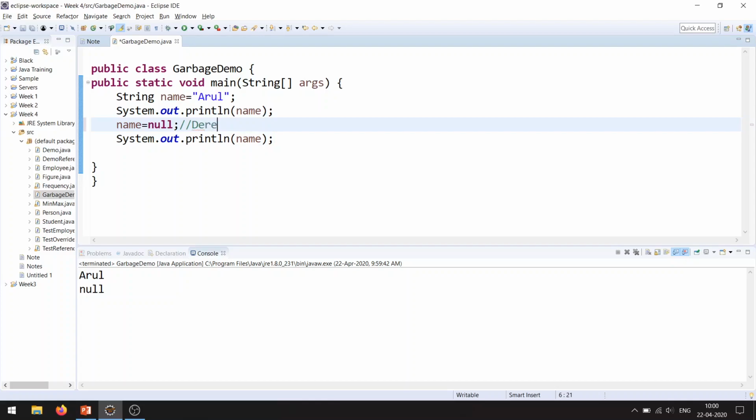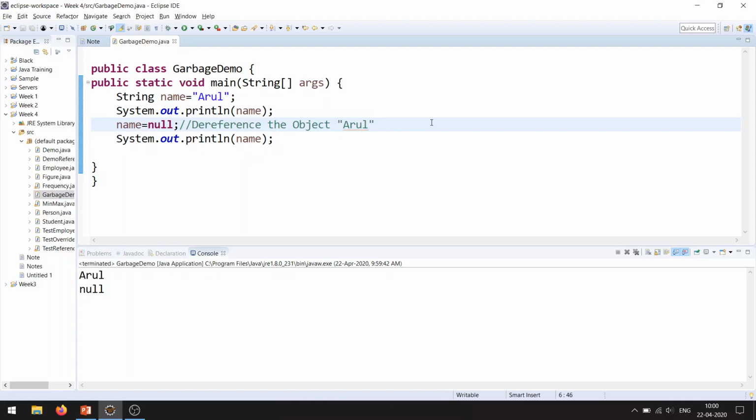So in this line we are dereferencing the object. Here you have dereferenced the particular object "arrow", right?